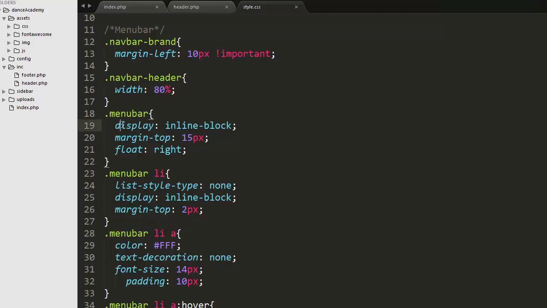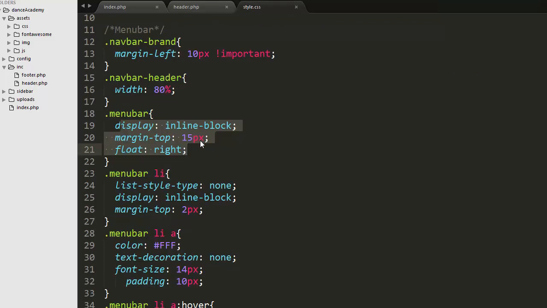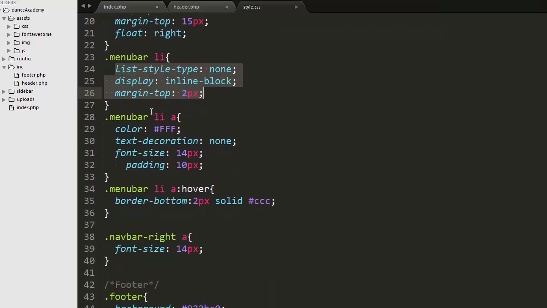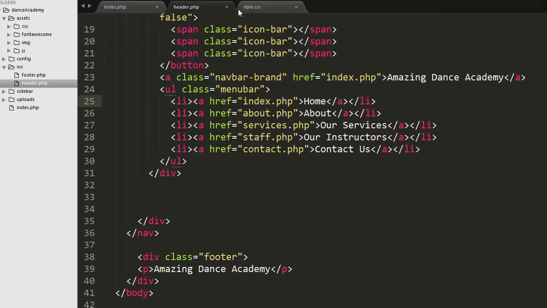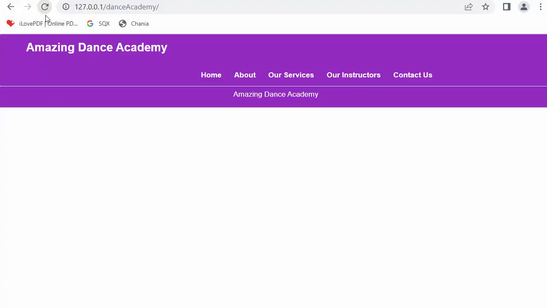I have set these properties, and then I'm targeting the list tag present under menubar. I have set these attributes for that, and then here I'm targeting the anchor tag present under the list. I have set this styling, and then whenever I place the mouse cursor on top of any of these links, I want a border to be displayed just like this. As you can see here, as I keep moving the mouse cursor on top of these links,